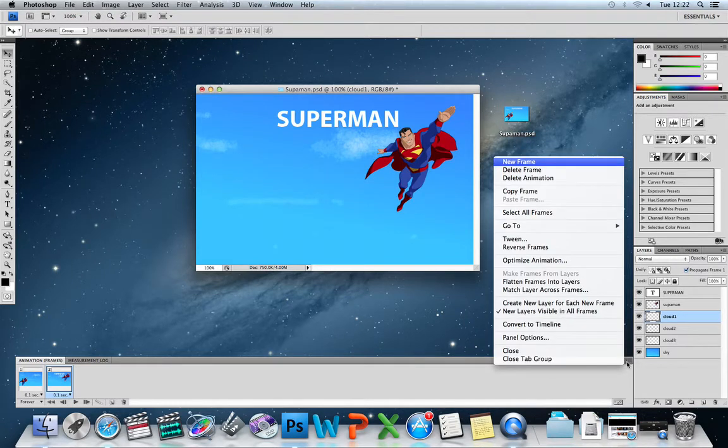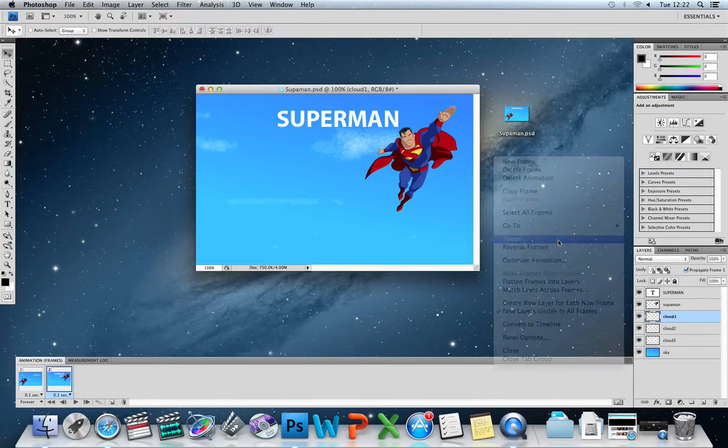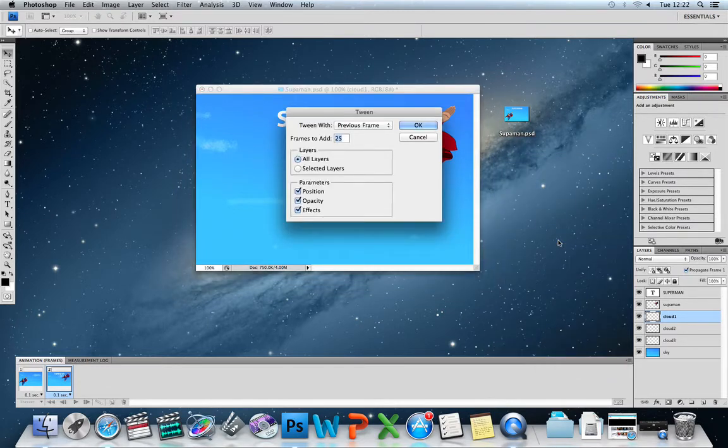That opens up some options. The option I want to select is Tween. Tween's an animating tool. I'm going to click Tween, and what it's going to enable Photoshop to do is work out where Superman is in the first frame and where he is in the second frame, and then work out how it needs to move